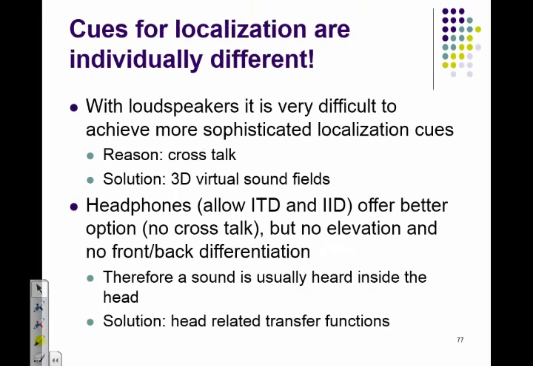Okay, so the point here is the cues for localization are individually different. But with loudspeakers, why do we not have finally loudspeakers in our television that give us a nice 3D virtual sound experience? The reason for that is crosstalk. And the only way to get a realistic representation of sound is via headphones. But the headphones need to know your head-related transfer functions in order to produce a sound. If they don't do that,